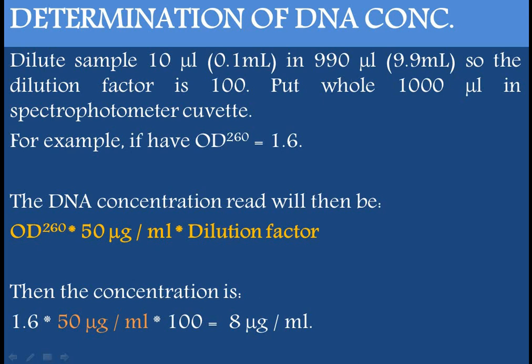So 1.6 is the absorbance at 260 nanometer, multiplied by 50 microgram per ml, the standard concentration of double stranded DNA at 260 nanometer, and multiplied by 100, the dilution factor. We have diluted the sample 100 times. It gives 8 microgram per ml. The concentration of DNA is